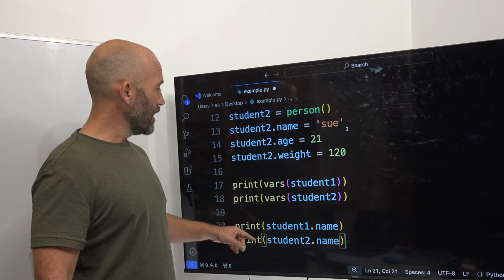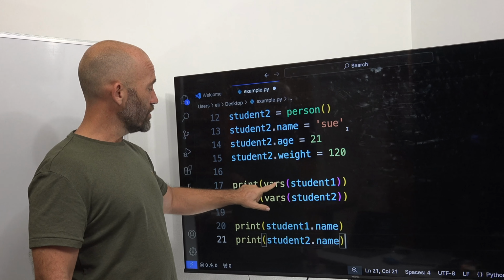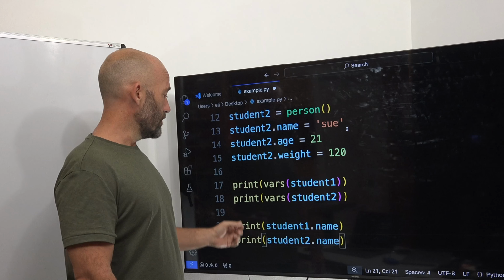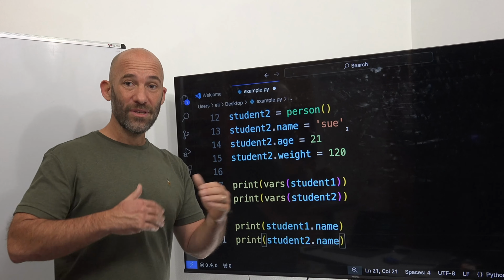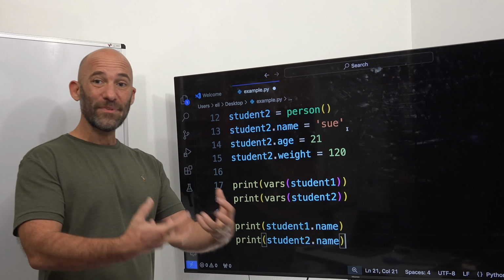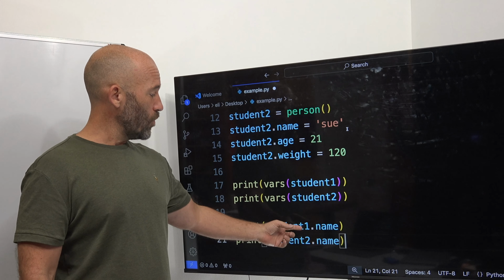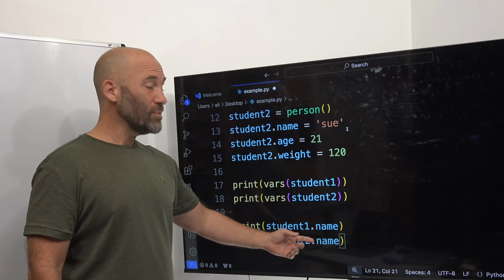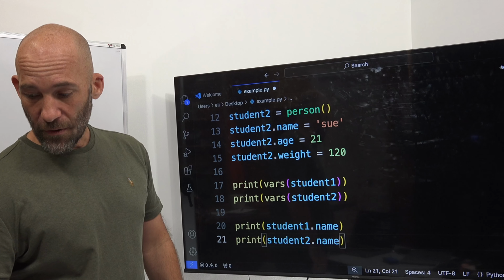We can print, so basically when you have a class, you can use a function called vars, and we're going to print out all of the information for student1, and all of the information for student2, to see what it looks like since it's a class. And then down here, if we want to call out a specific value from that variable, print student1.name, so that will print out Bob, and print student2.name, so that should print out Sue. So when we go and run this,